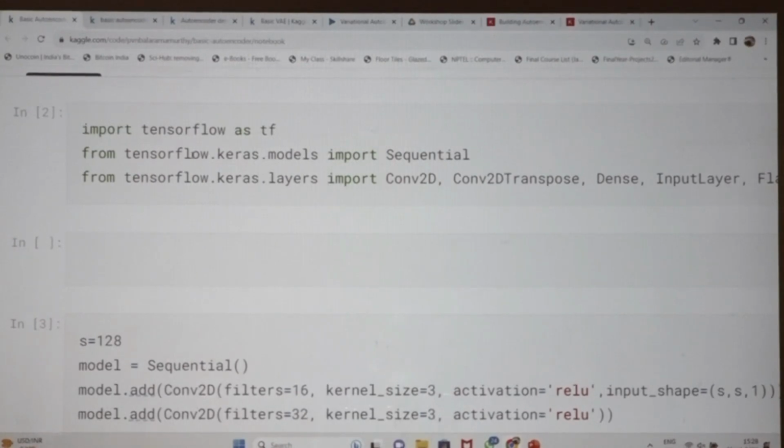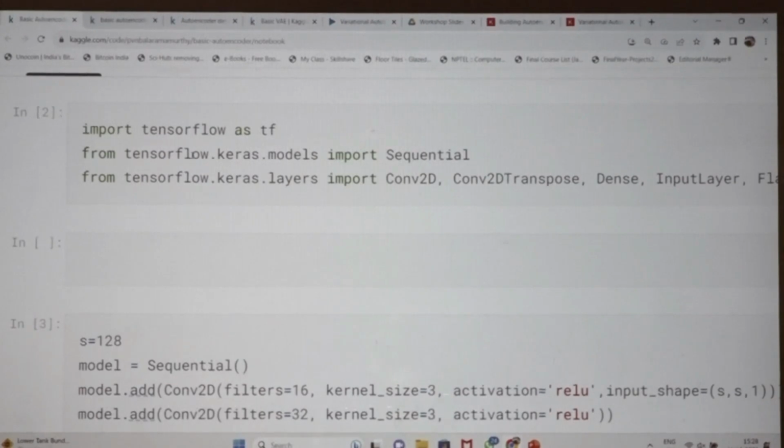Keras can work on two backends, one is TensorFlow, another one is Theano, and Keras was built on top of those libraries. From the 2.0 version of TensorFlow, Keras was added as a module, so you need not use Keras separately. Directly you can import Keras through TensorFlow, right?